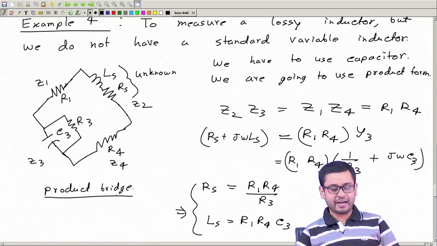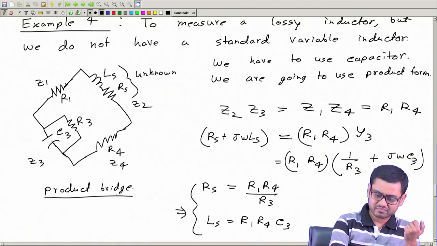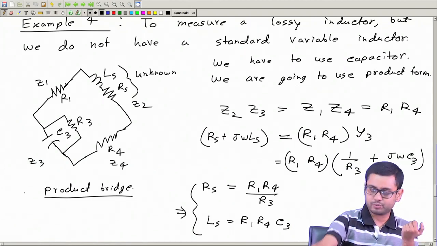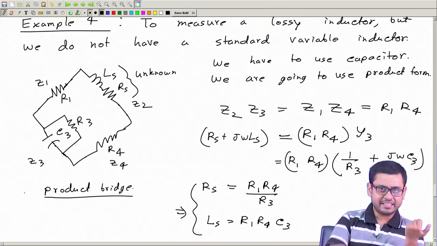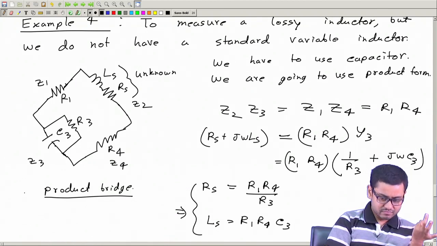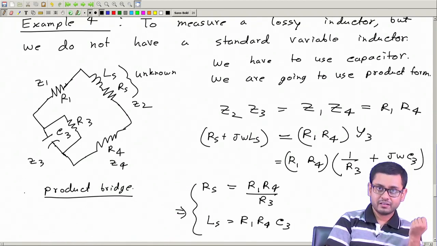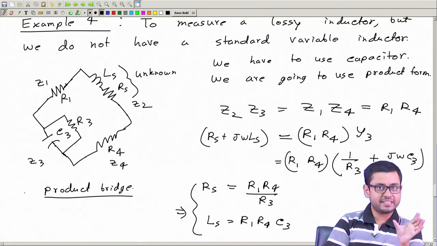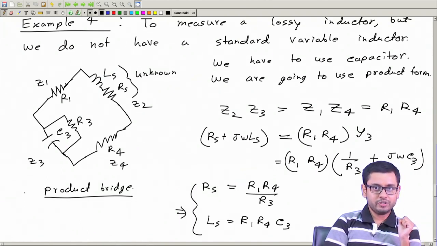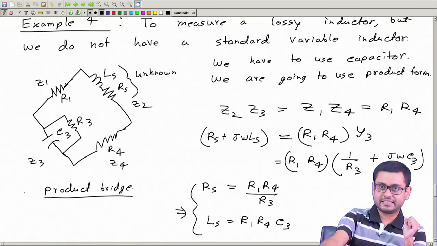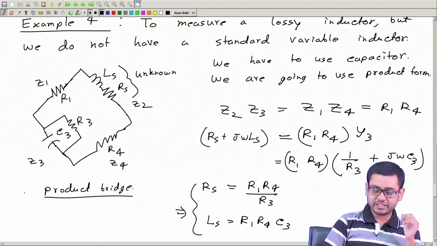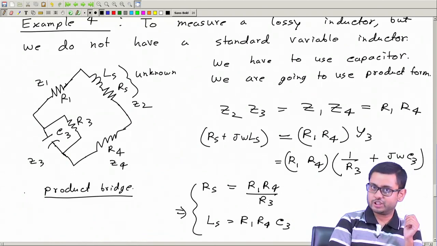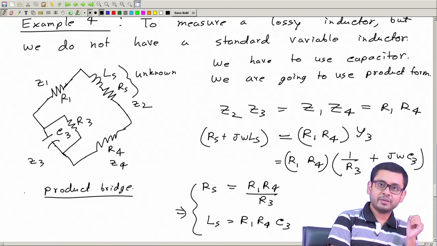And another trick is that when you are using admittance, like here in product form, use the elements in parallel, then it's easy to express it. And if you are using impedance form, then use the elements in series. So you see how easy these balance equations are to derive. You don't have to do a long 1-page calculation if you design the bridges in this way, product bridge and ratio bridge. Let me conclude this video.